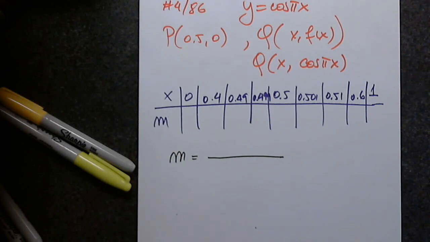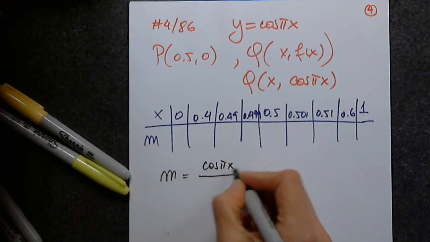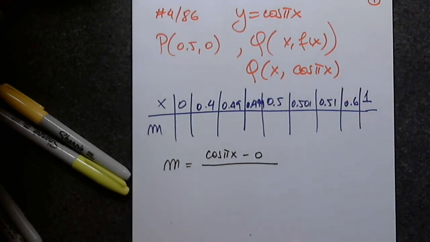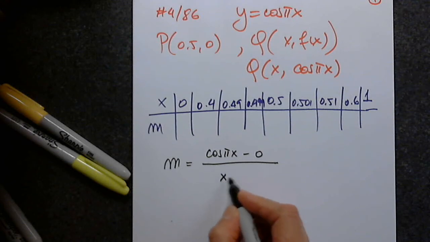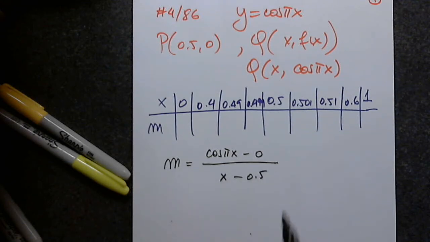So I can put it in the graphing calculator. Cosine pi x minus 0, or just cosine pi x, and then x minus 0.5. Very good. Awesome. y2 minus y1 over x2 minus x1. Let's put it in the graphing calculator. That is the function that will give us in a blink all these numbers, so we don't have to do anything by hand. So in y equals,